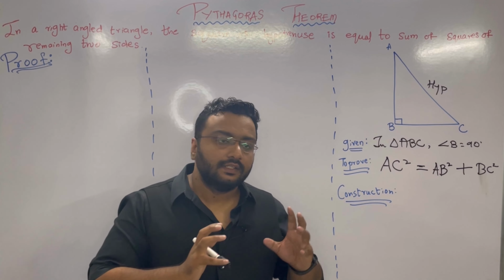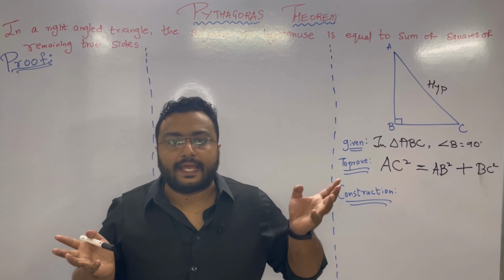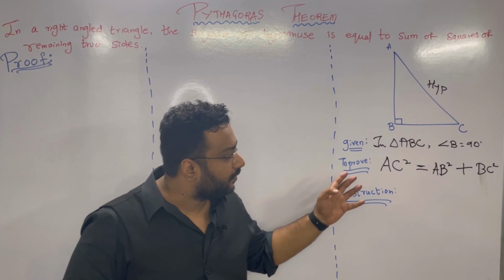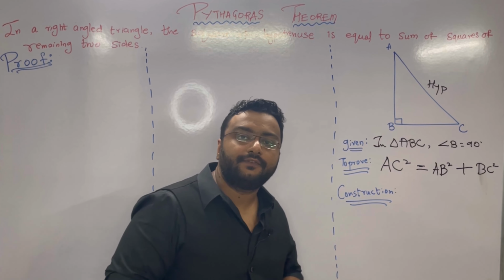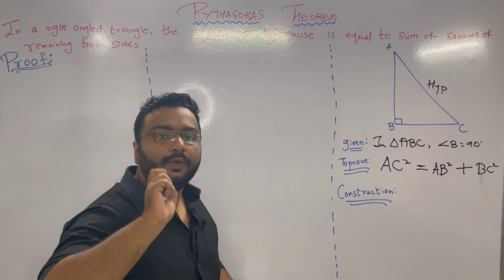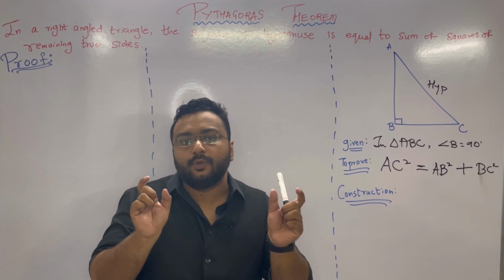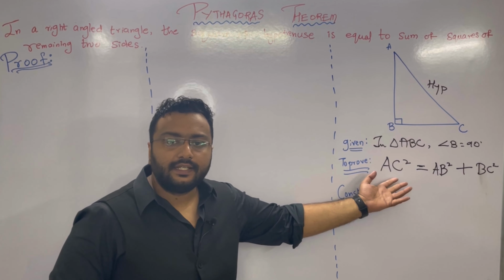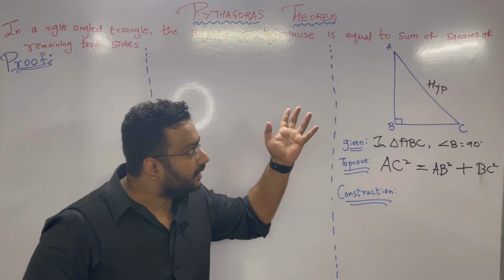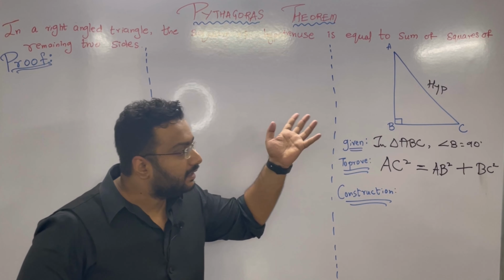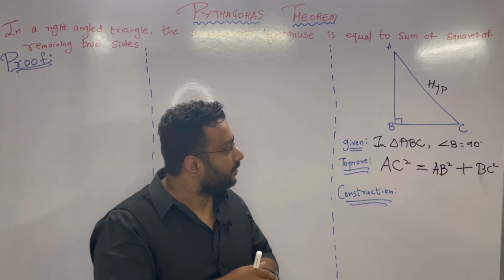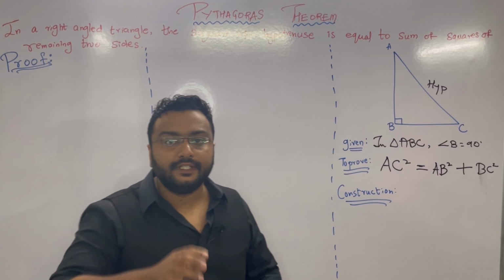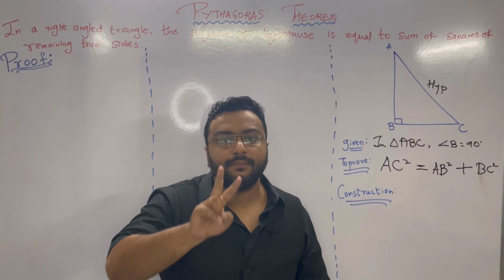Now observe here. This is a type of sum in which there is a left hand side and a right hand side, and we all know that normally we start with the left hand side. So if you observe over here, there is AC square on the left hand side. That means we need 2 AC. If we get 2 AC, AC into AC is AC square. So if I somehow get 2 AC, I can say that I got AC square. That means in this triangle there should be two sides of AC. If you observe, there is only one AC. The reason behind this is we have only one triangle. So if we need 2 AC, there should be minimum two triangles.